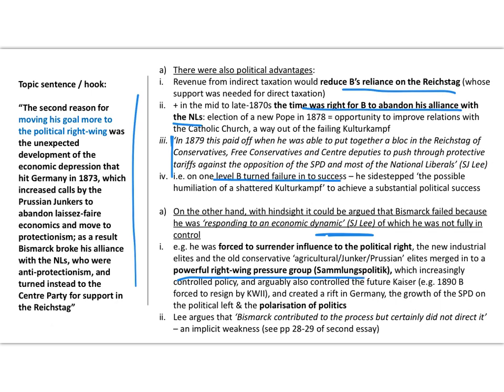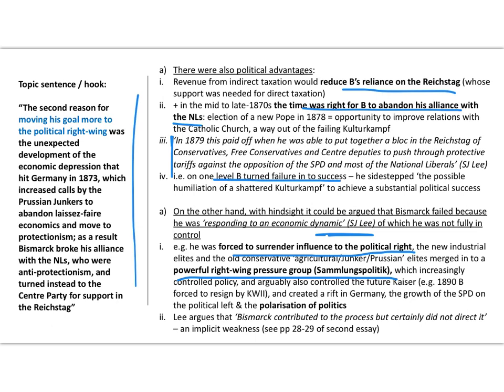Notice that powerful point that Bismarck was forced to abandon his alliance with the National Liberals, and to do that he needed to ally with the Centre Party and with the conservative right-wing groups, the Prussian Junkers. They were of his own class, but Bismarck never liked that. He became dependent on his own social class, on the Junkers, to get laws through.